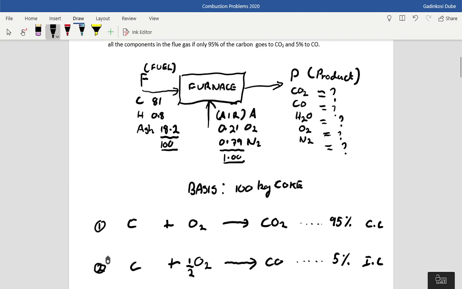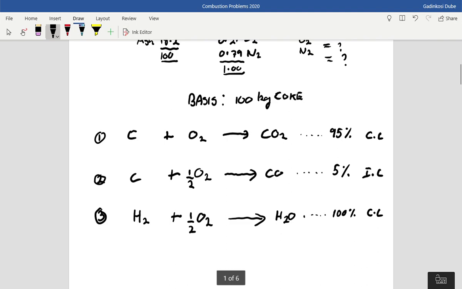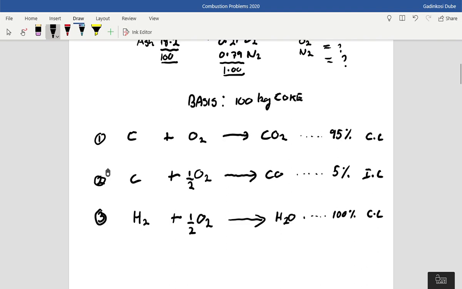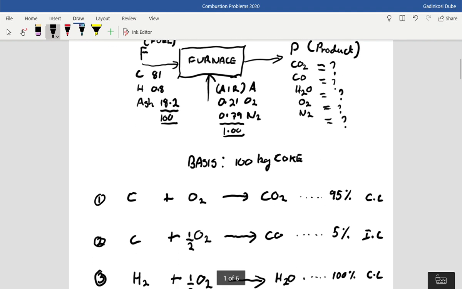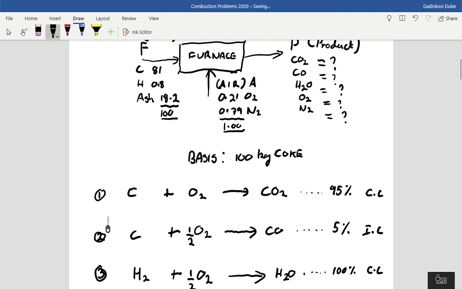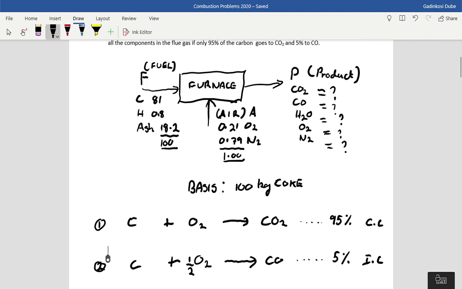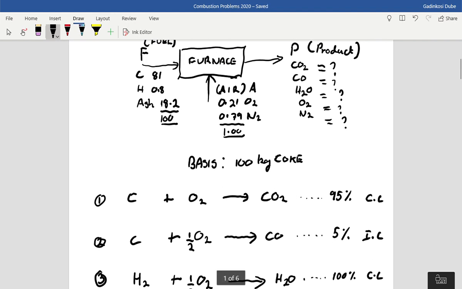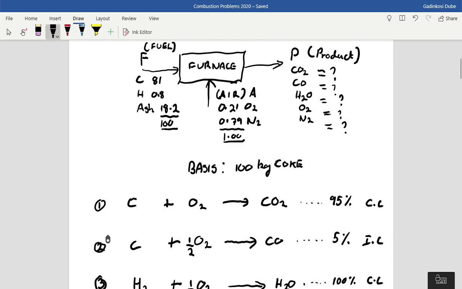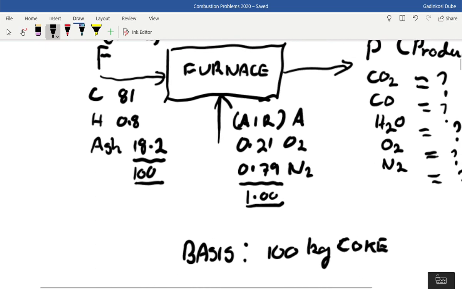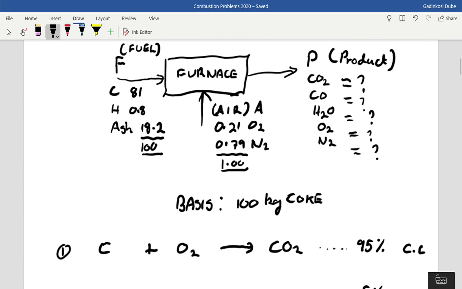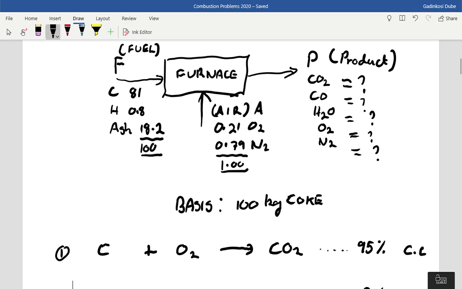So now moving forward, we can see that we are given the masses here in the F stream. That's a mass percentage. In the A stream, it's a molar fraction or mole percentage. In the P stream, since these are going to be gases, we're also expecting to get mole percentages. So first of all, we must make sure everything is uniform. So we should convert these mass fractions to moles. Now since our basis is 100 kilograms, so we know 81% gives you 81